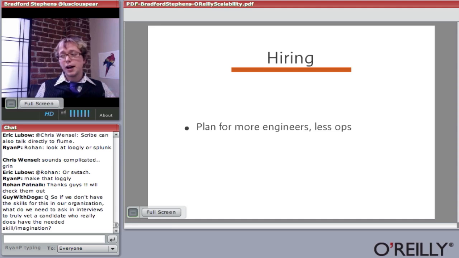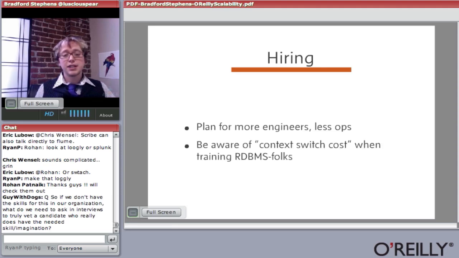And so the ops code guys are very good about theirs. They're the ones who write Chef. You should plan to hire lots of engineers and not that many ops guys, because as much as engineering will grumble, it's their job to fix those 2 a.m. phone calls, because the bug is probably in their code.